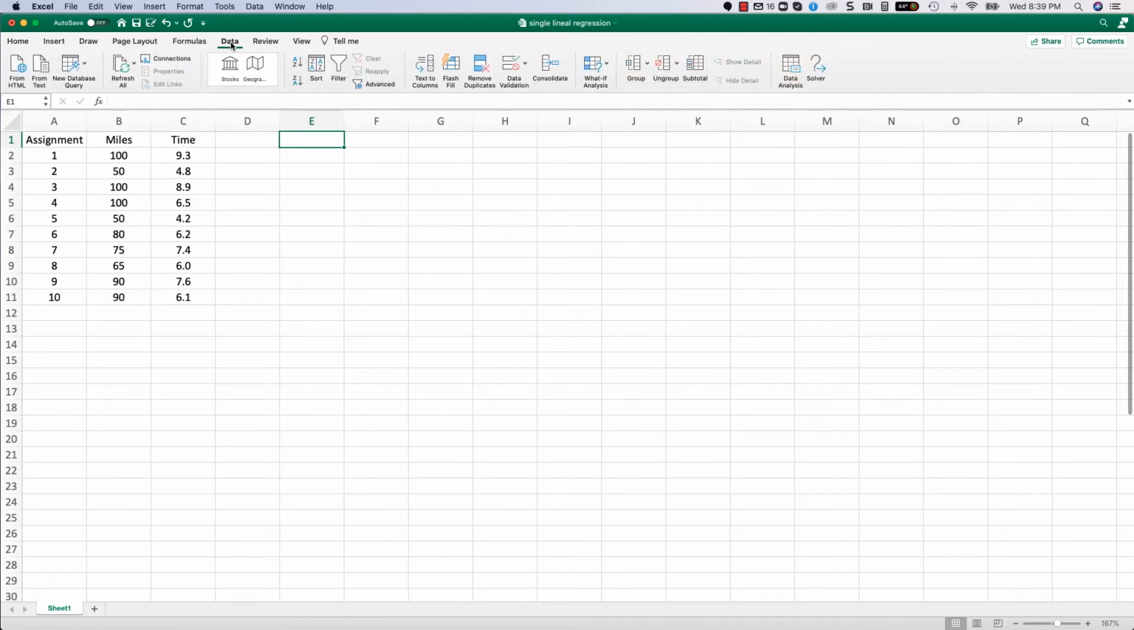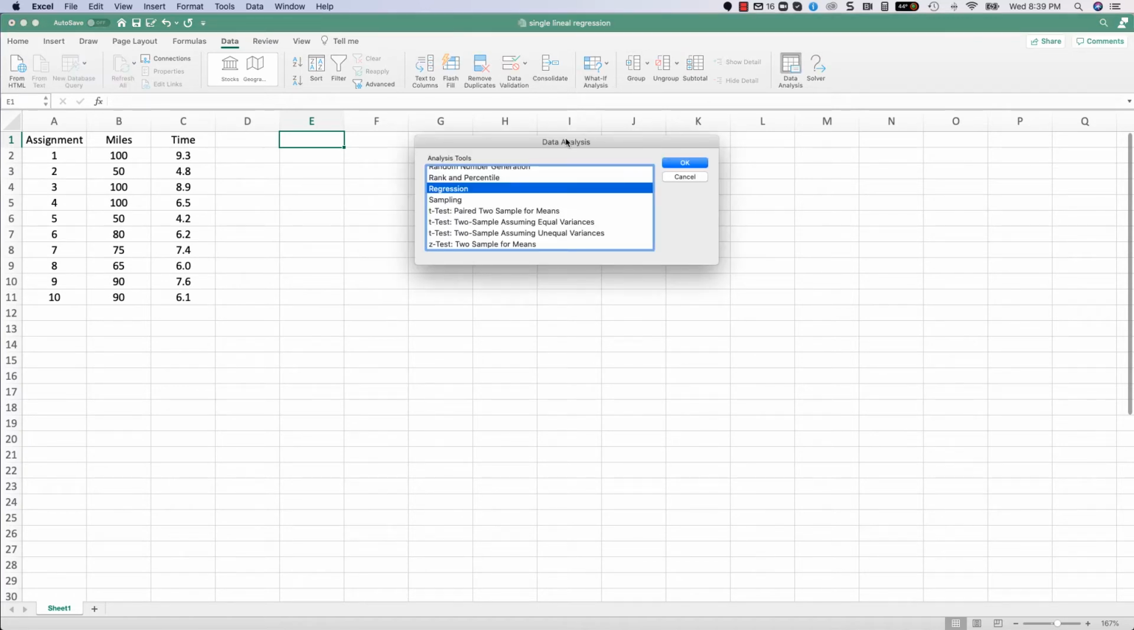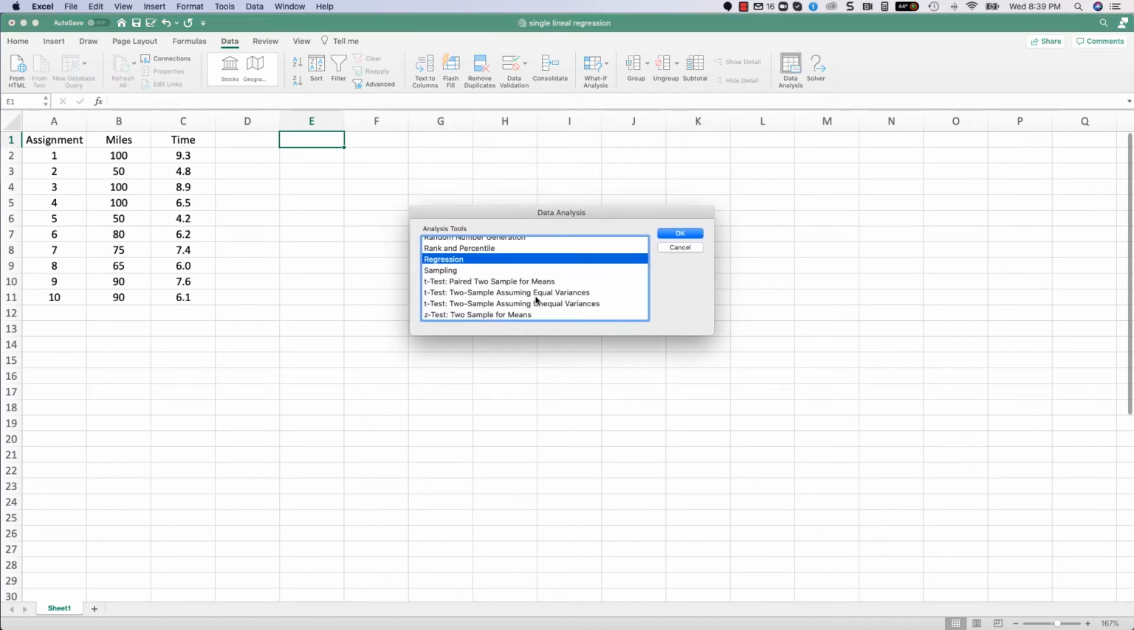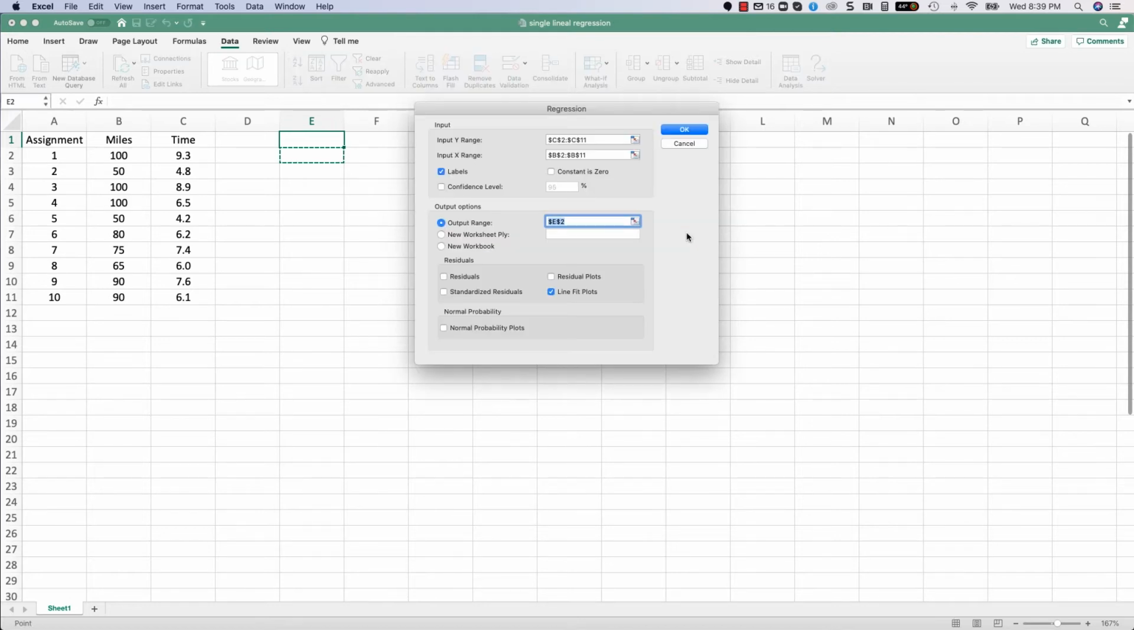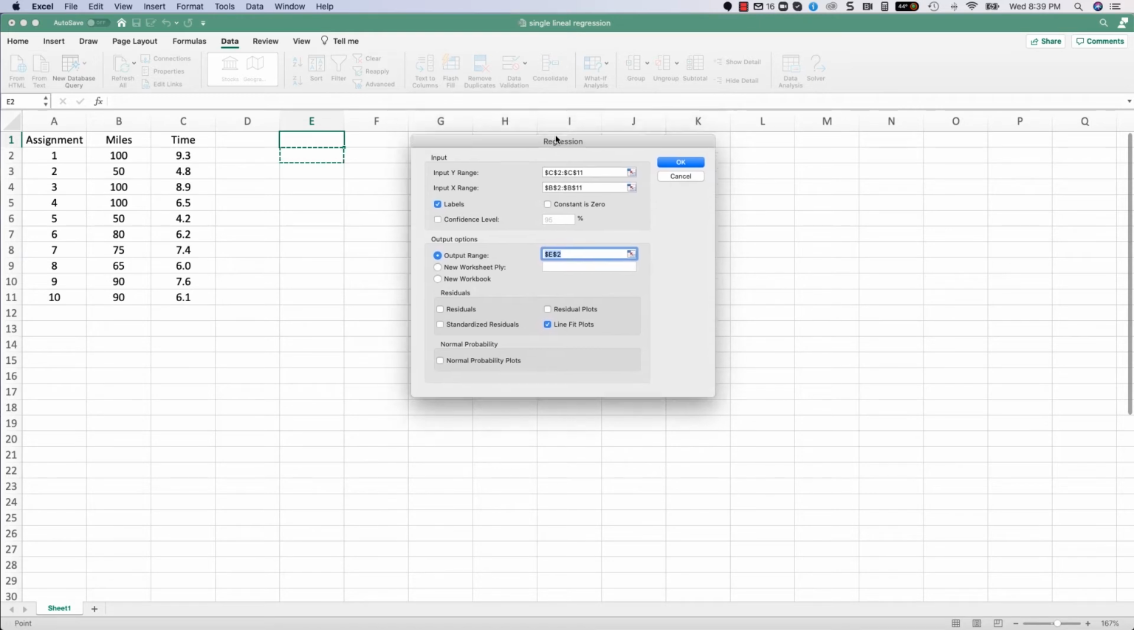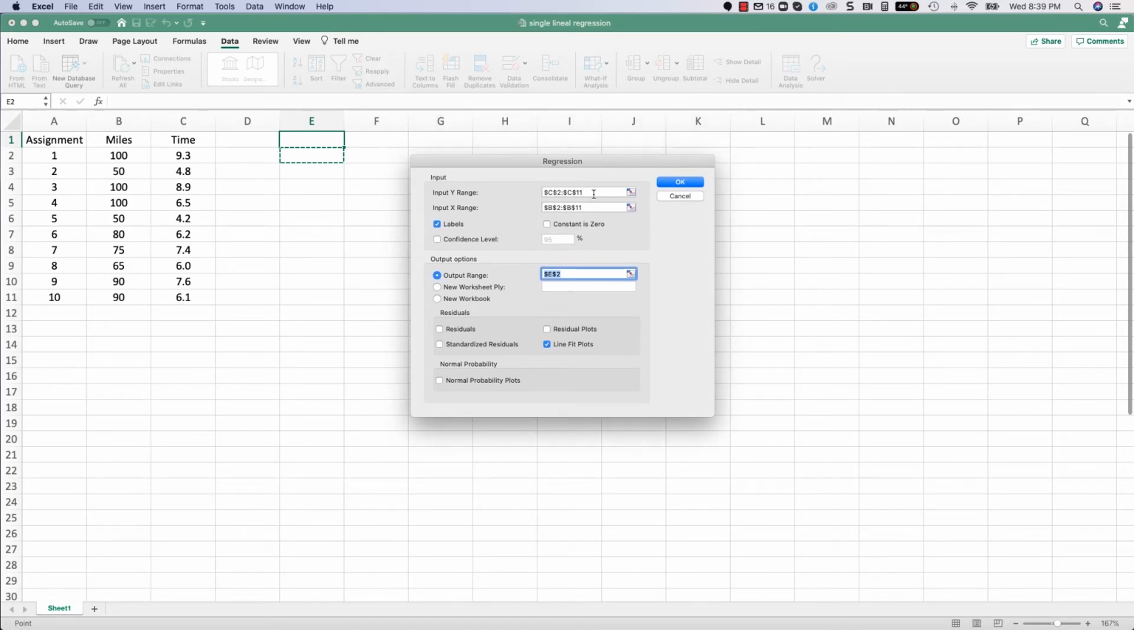If we go to Data and we select Data Analysis, we'll get a dialog box that we can use. And as you see here, we're already selecting the regression analysis tool to help us. So in order to do that, if we say OK, we have this dialog box now that we can use to highlight the data points that we need for the independent variable